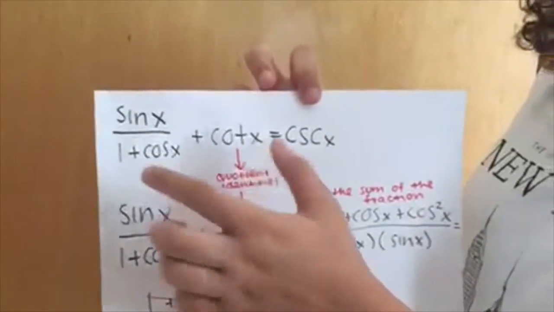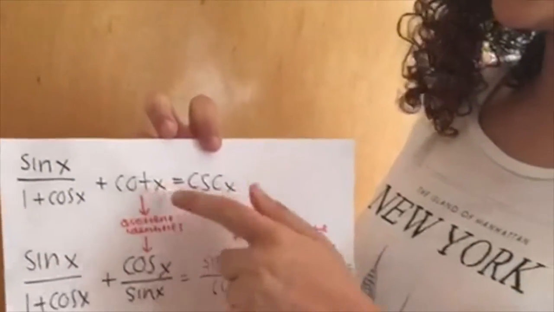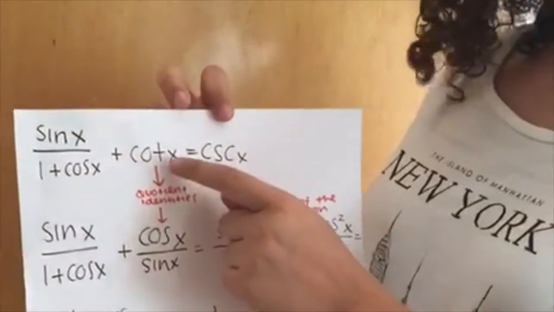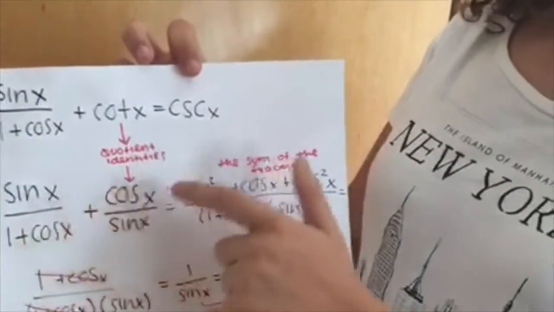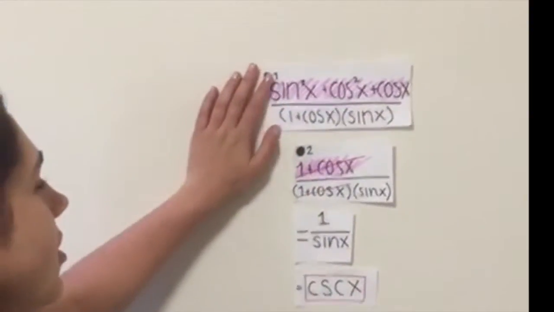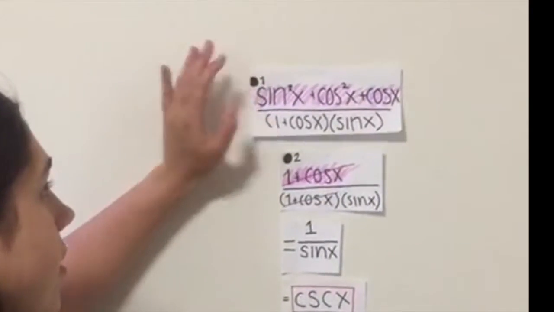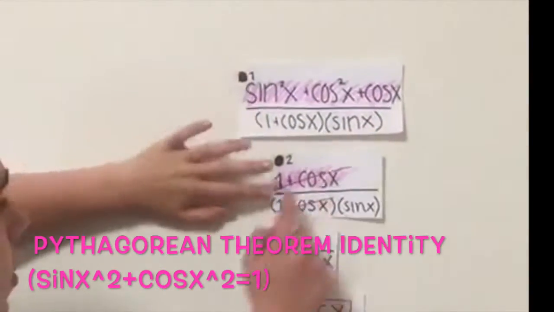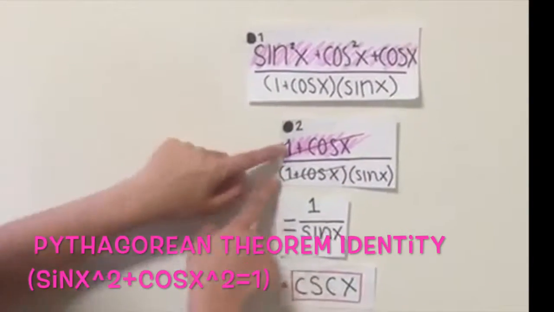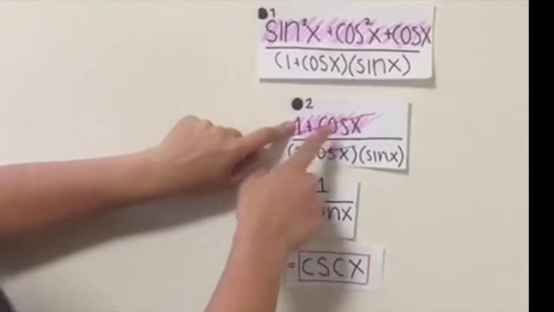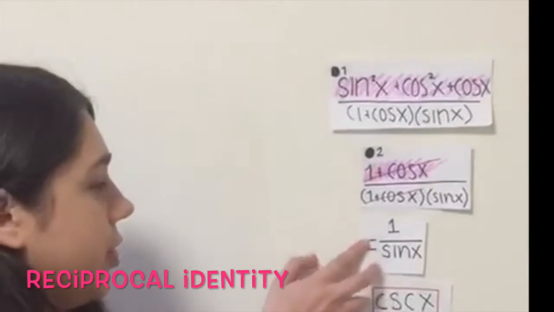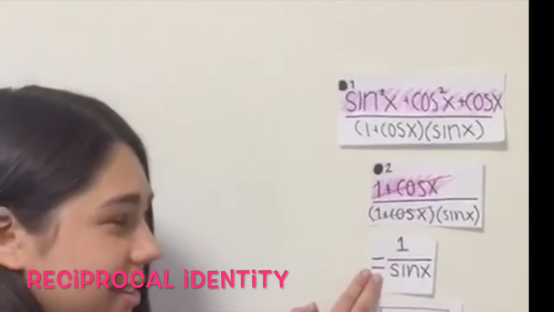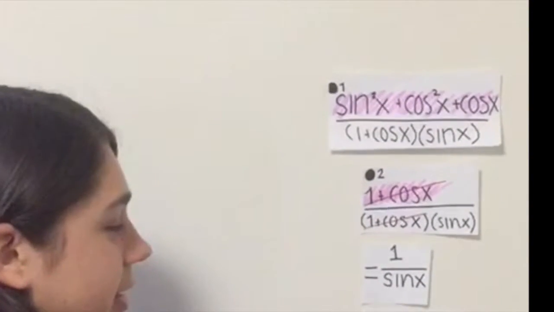So in this one you have this equation, and then you'll apply the quotient identities for cot x, and then you'll get this one, and the sum of the fractions will give you this. So after you do the sum of the fractions, you will get these results. Thanks to the identities, these will turn into 1 plus cosine of x. And since you have 1 plus cosine of x on the denominator, you're going to eliminate it, and you're going to get 1 over sine of x. And if you use the reciprocal identity, you will get cosecant of x,